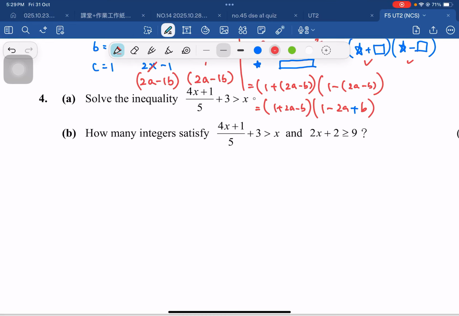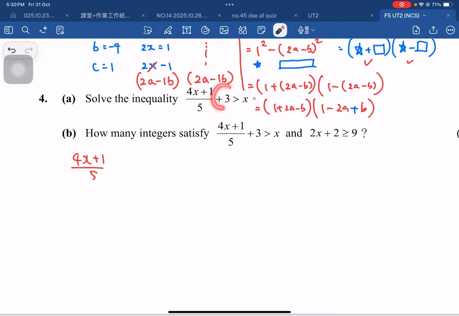Alright, so question 4 is about the inequality. First of all, we solve part A. We have (4x + 1) divided by 5. And now, as I said before, I don't like the integer and the fractions to stay together. So I need to move the integer to the right-hand side, and it becomes minus. So it's greater than